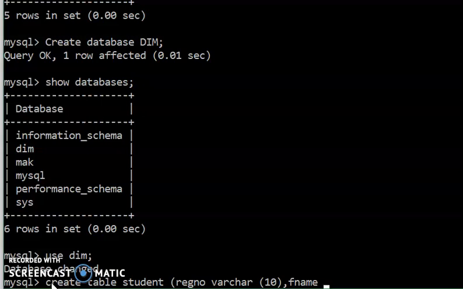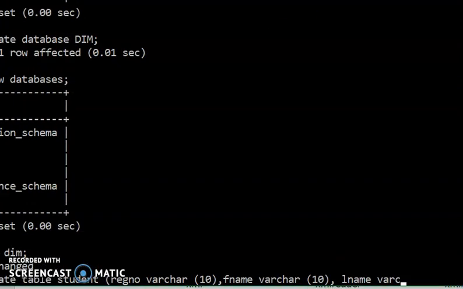First name of the student, which is a varchar. Please remember that for each and every particular column, you need to specify the data type and the domain. Then also we have the name, which is also a varchar. A name, which is also a varchar. We can say it also has a domain of 10, and then we shall end with the student's